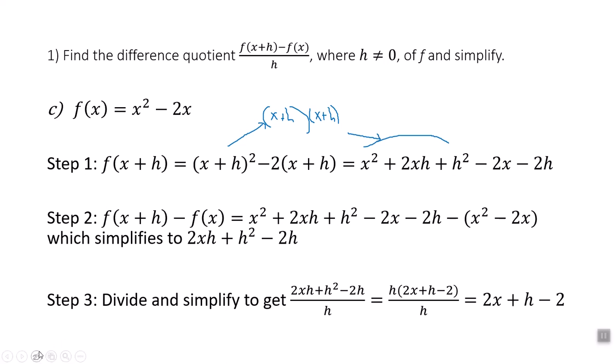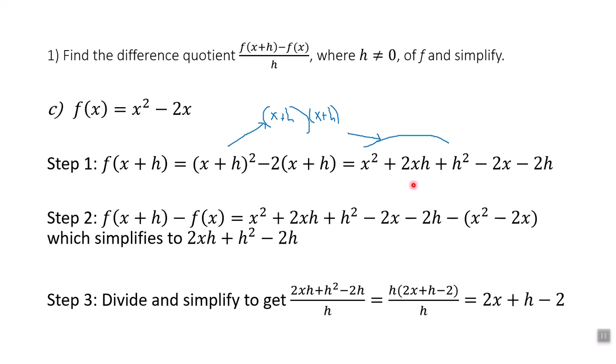Don't forget to multiply it out. That's the biggest mistake people make. This is not just x squared plus h squared. You have to have those middle terms as well. Distributing the negative 2 to the x and the h, fairly straightforward. Minus 2x minus 2h. So we have f of x plus h